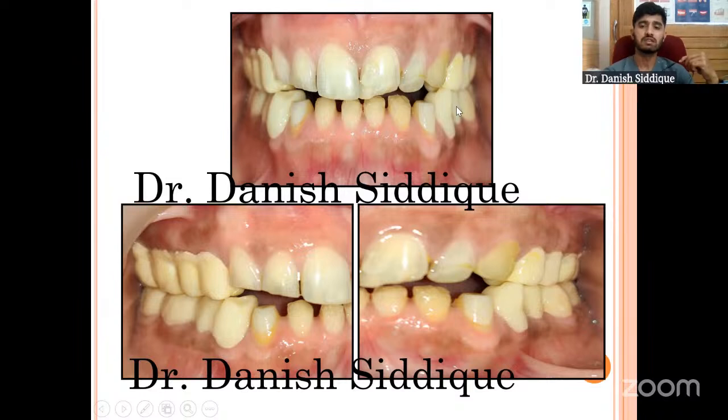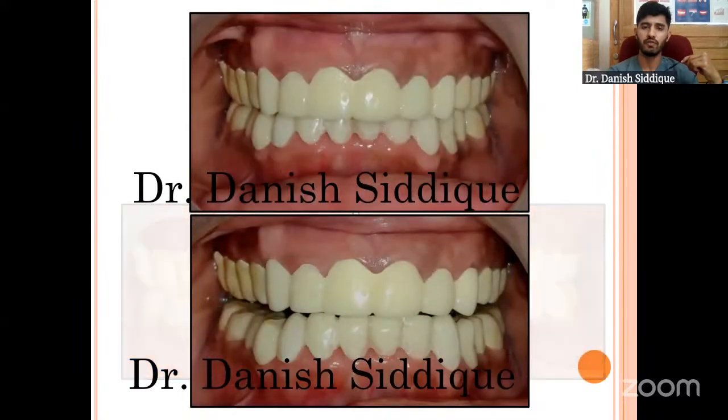So once this was done, we allowed the patient to get used to this increased vertical dimension, and also an occlusal splint was given because the patient was a known bruxer. So to prevent the nocturnal or the sleep bruxing, we had to give an occlusal splint. So this was following the posterior restoration, that is temporaries. The patient was allowed about 2 to 4 weeks, and then the patient returned,